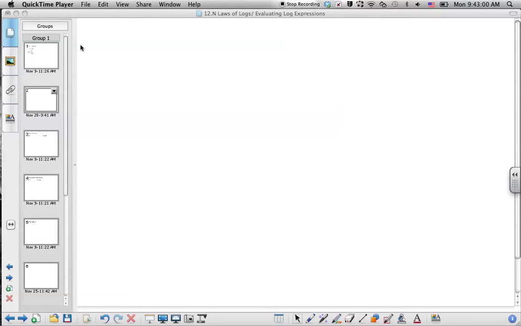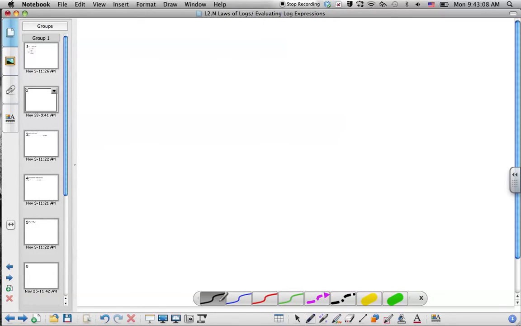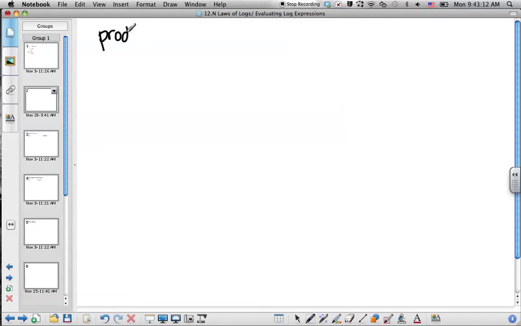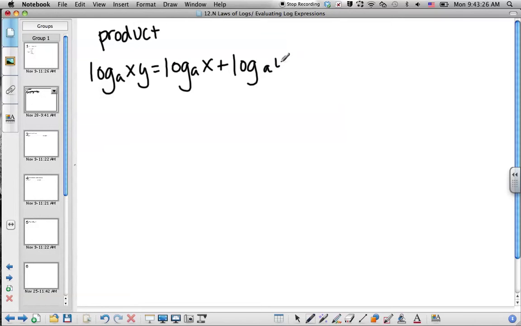Hi there, we're back today to talk about our last law of logarithms. In our previous podcast, we talked about the product law, which just means that the log base a of x times y is the same thing as log base a of x plus log base a of y. And we also talked about the quotient